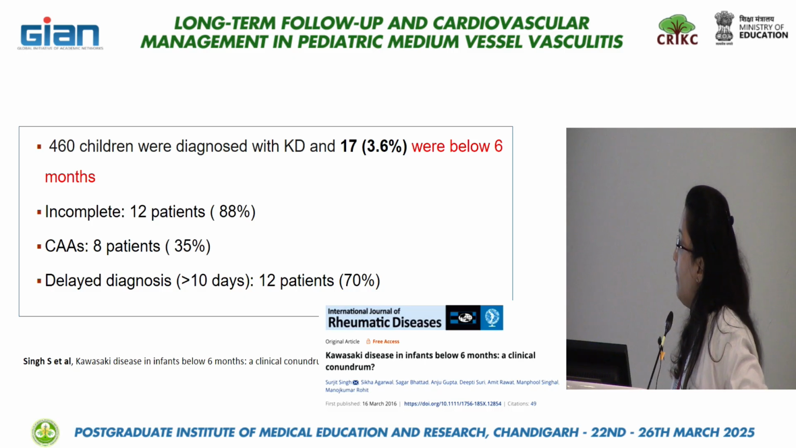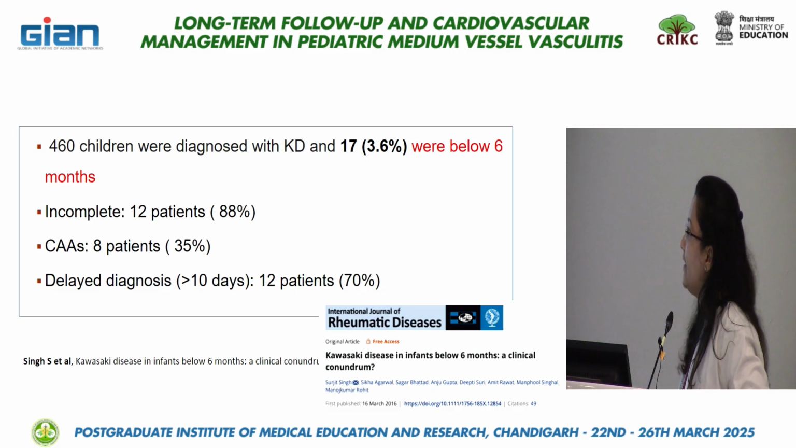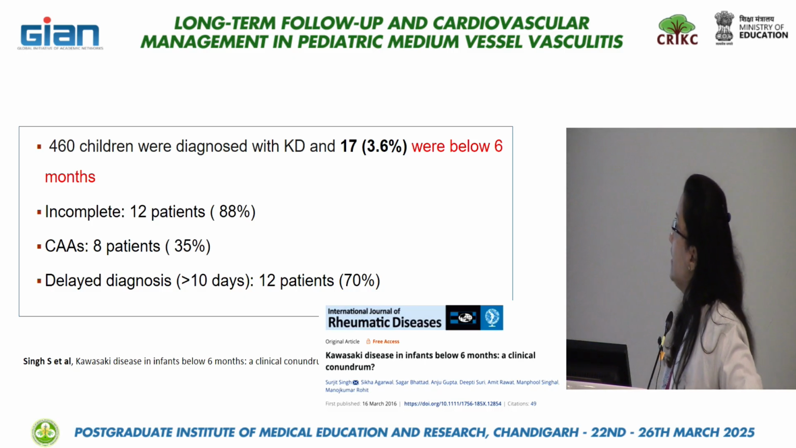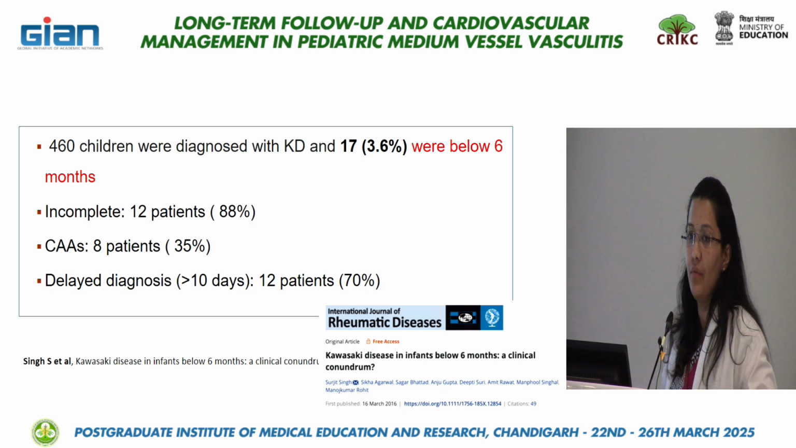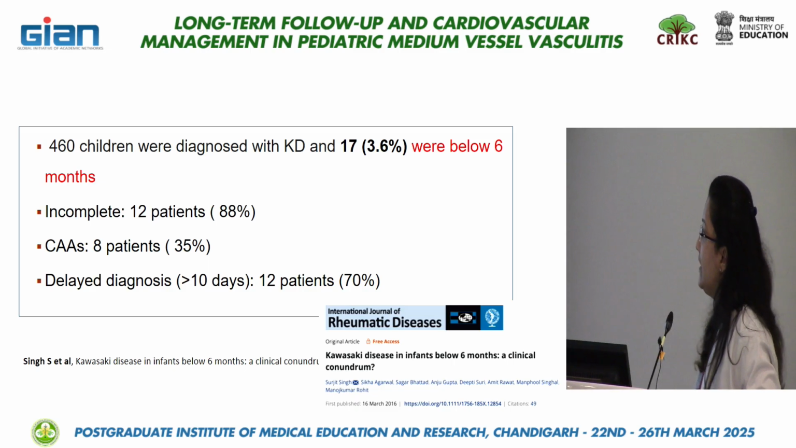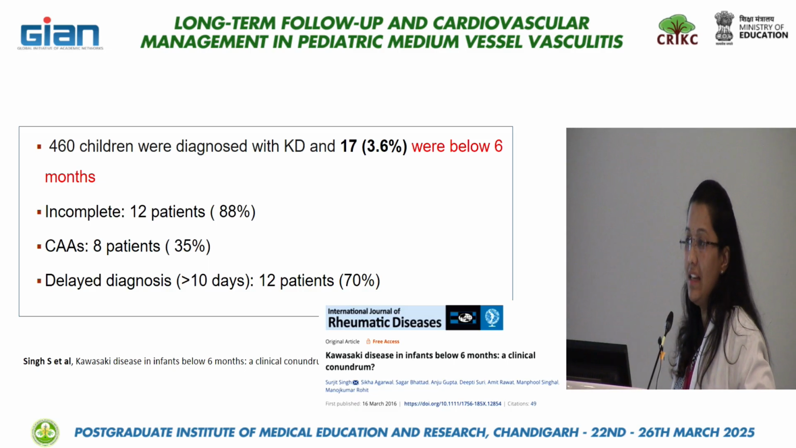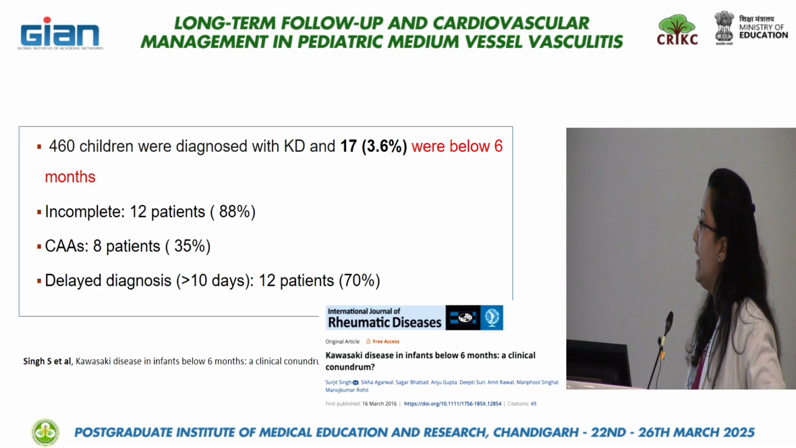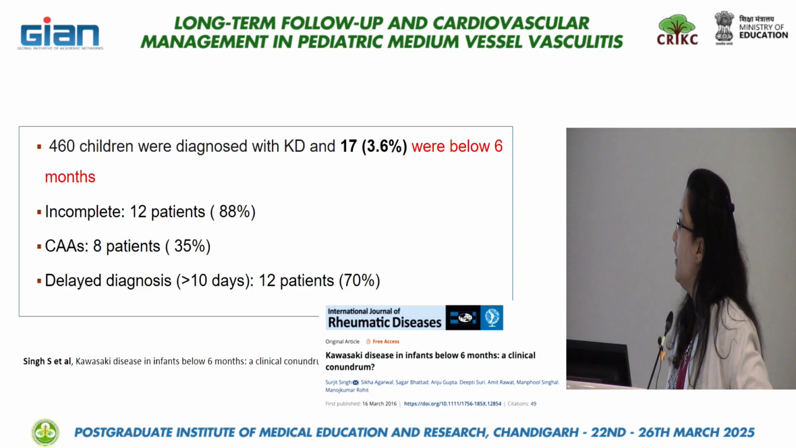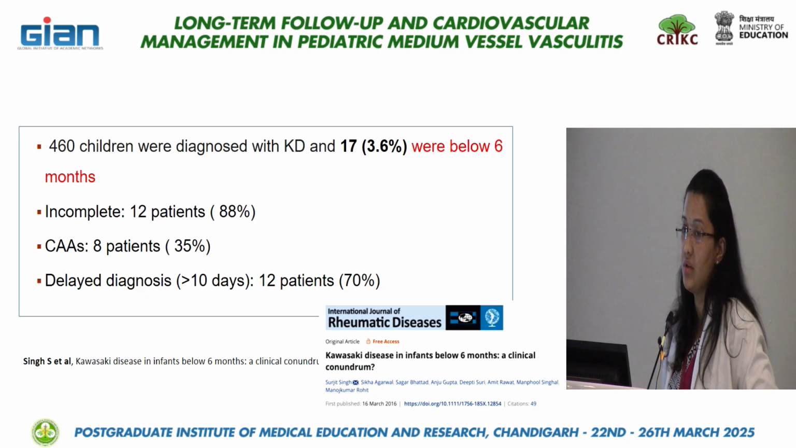From India, we have to know our own data as well. This is from PGI Chandigarh. We have about 3.6% of children who are below 6 months of age, and about 88% of them had incomplete presentations, and 35% of them actually developed coronary artery abnormalities in follow-up. And there was a significant delay in diagnosis of more than 10 days in 12 of our patients,